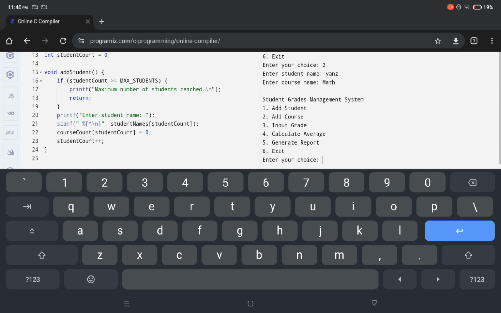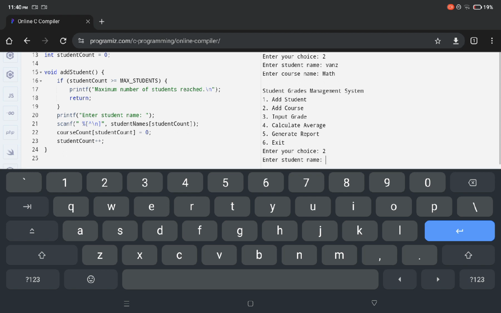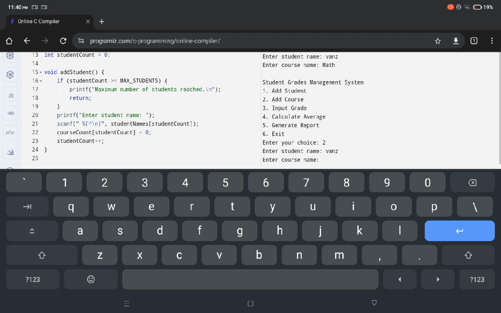There you go, and then add course again. You can enter a maximum of 10 courses. So Vance, and then the course name will be English.